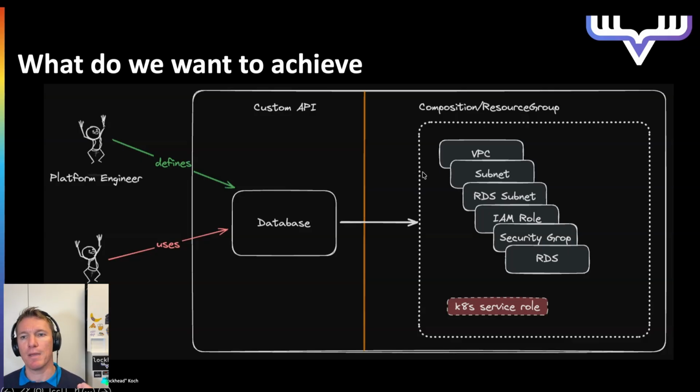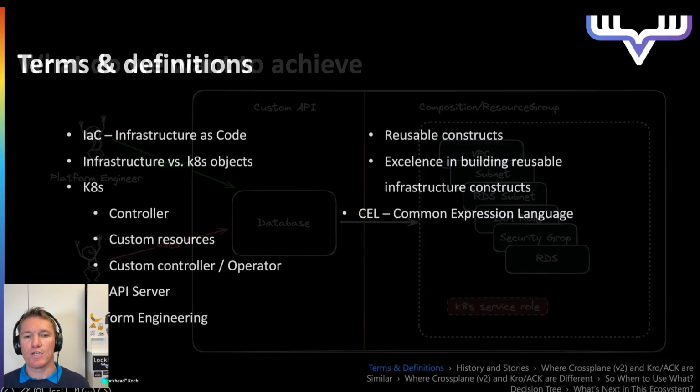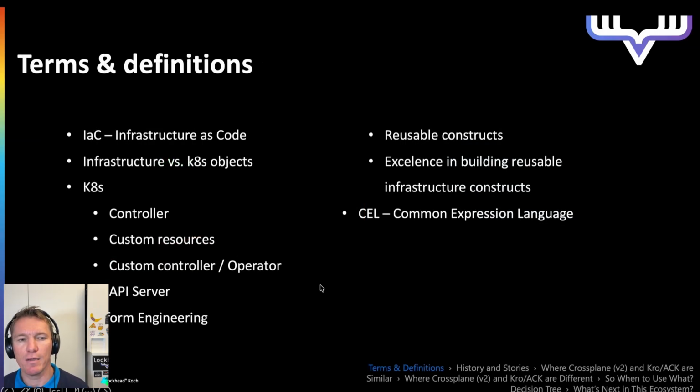And that's the main benefit of the tools that we're going to look at today. Other terms and definitions that we want to cover, and I think we already mentioned that: infrastructure as code, IaC, right? That's the idea of using code to define infrastructure that you need. It has become very modern with cloud applications. Every hyperscaler has its own flavor. For AWS, it's called CloudFormation. Then you have Terraform, you have Pulumi, you have Crossplane and KRO and ACK, and we're going to look at